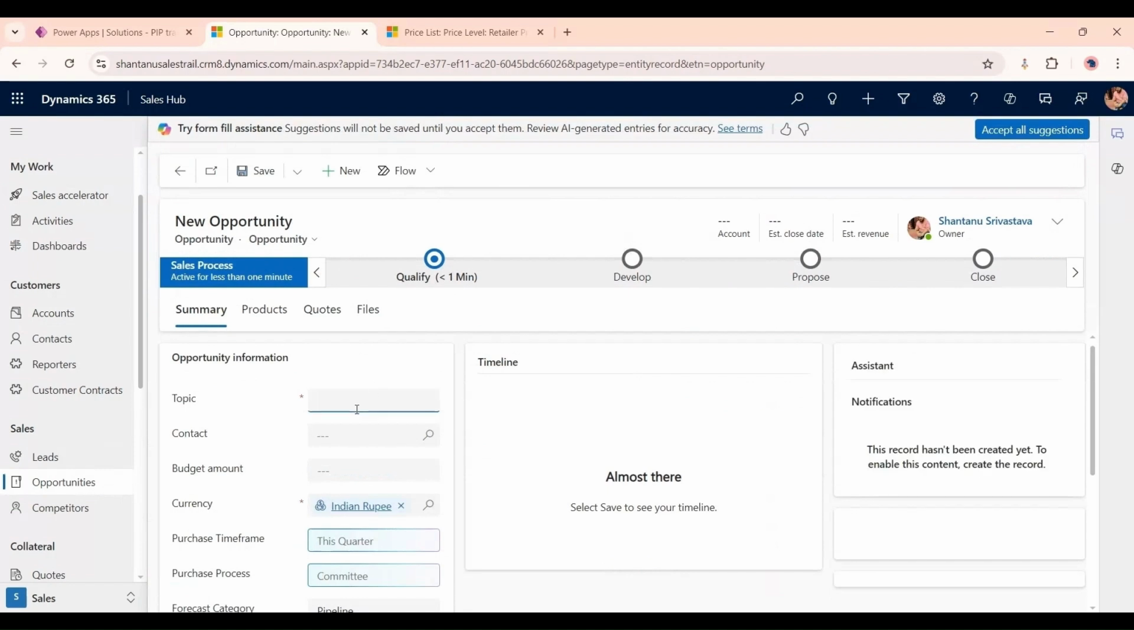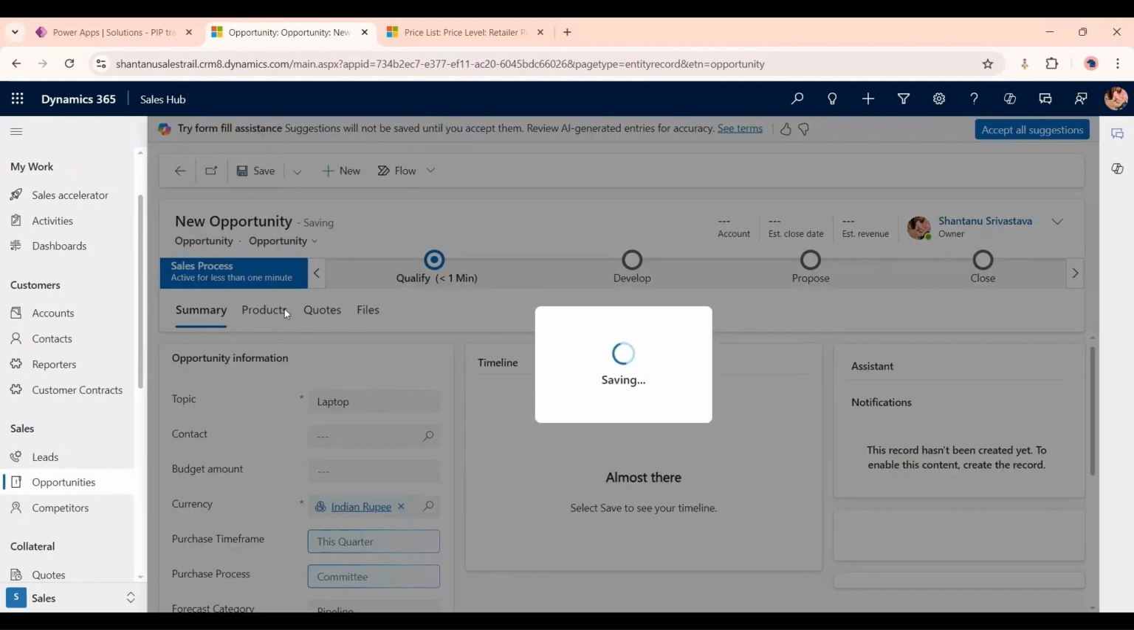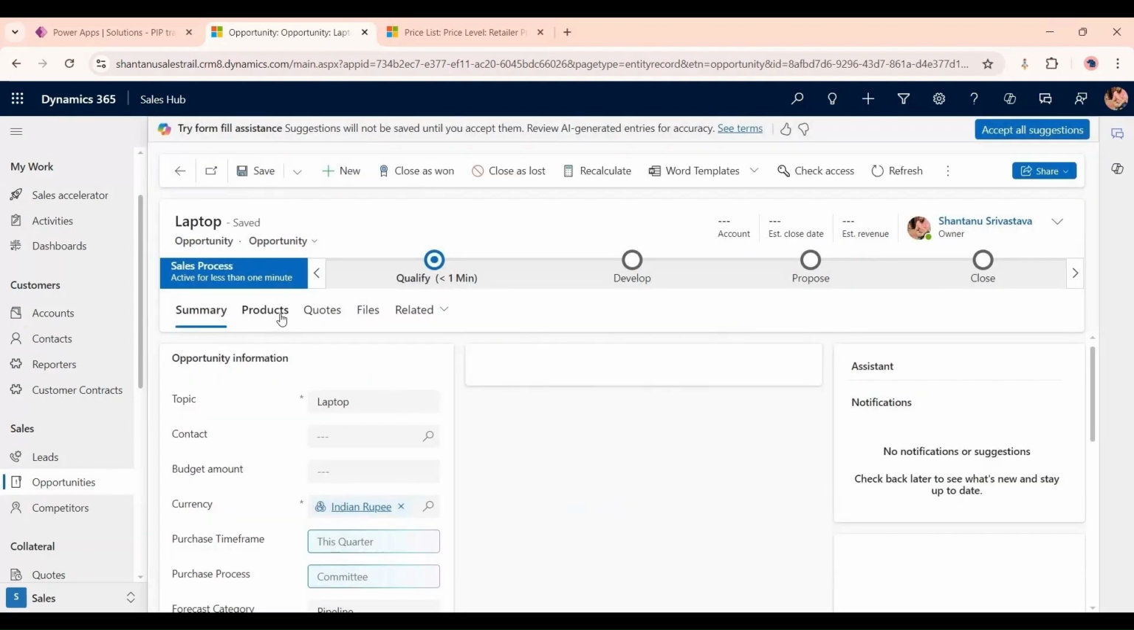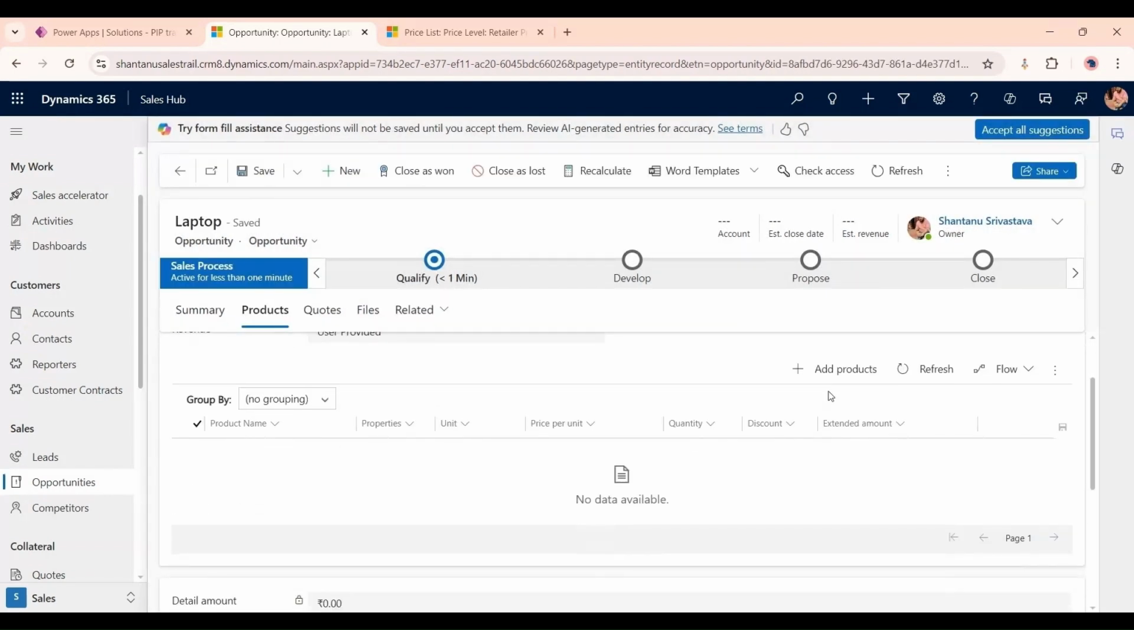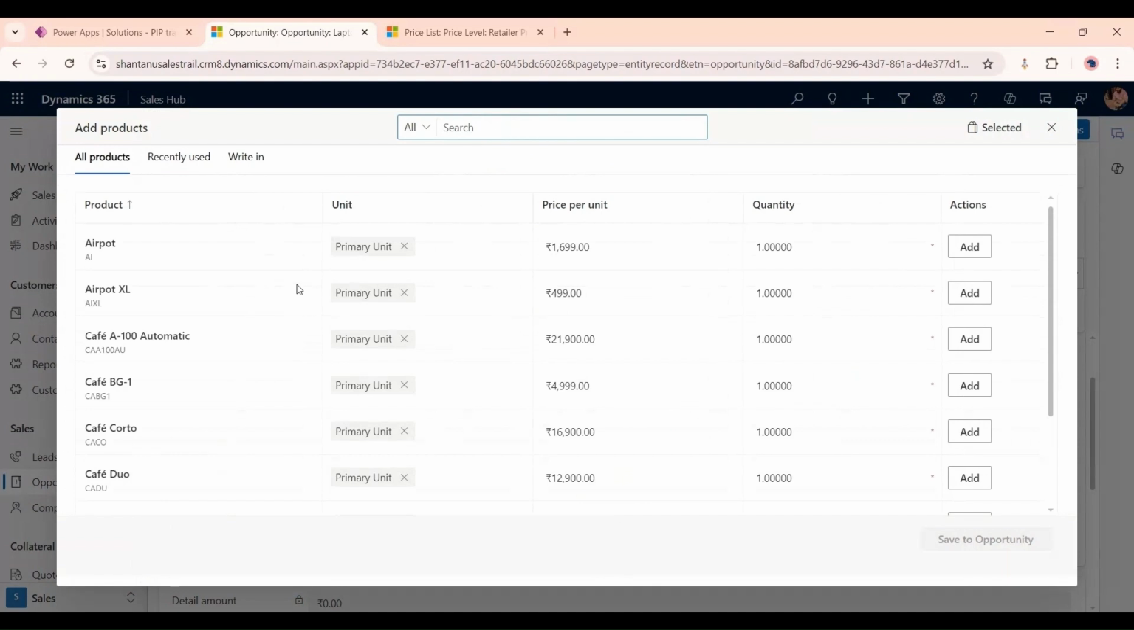Just like if I give a product, laptop, when we select this and click on save on this opportunity, the next thing we need to do is add a product. If we click on adding a product, as you can see, these are the products which are available. But as a developer, most of the time you would need to add products as per the client's need. So for that you need to